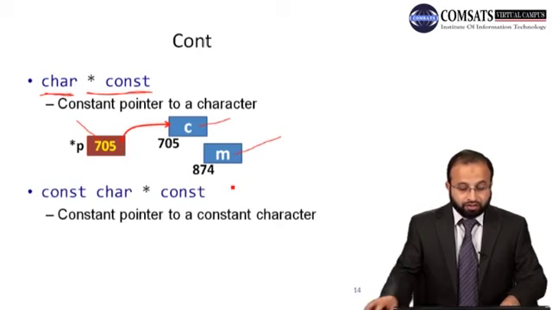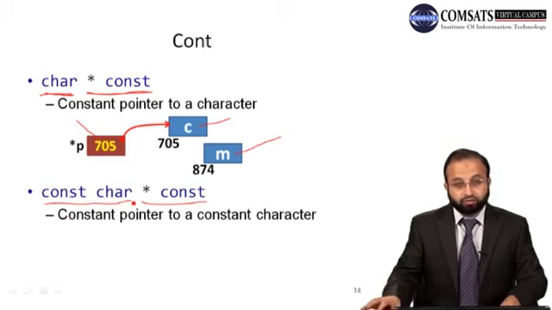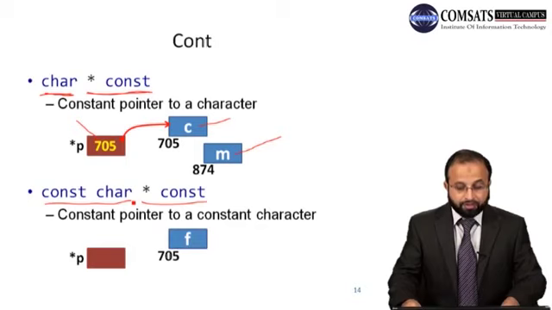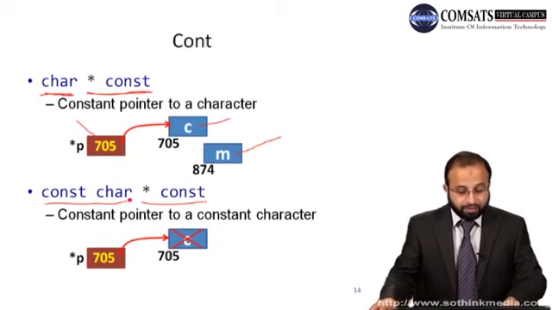Now the last case is const character static const. Now a pointer is constant and it is pointing to a memory location where the characters are stored, and these characters are also constant. So constant pointer to a constant character, right? So if this is a pointer P, it is pointing to a memory location where we have a value F, and if we want to change that, and we assign the address of that memory location, that is 705, to a pointer, now this pointer points to this memory location, and if we want to change the character F at that memory location to C, then it is not allowable,